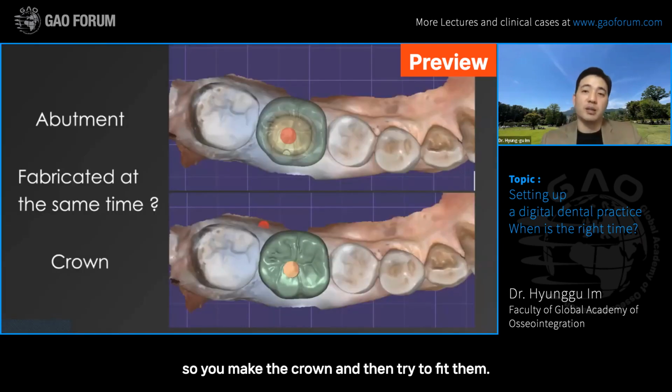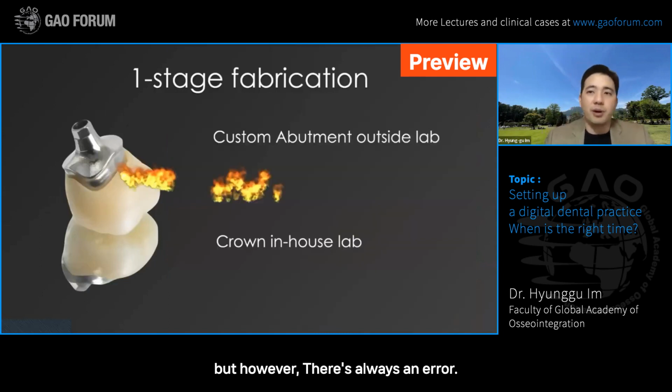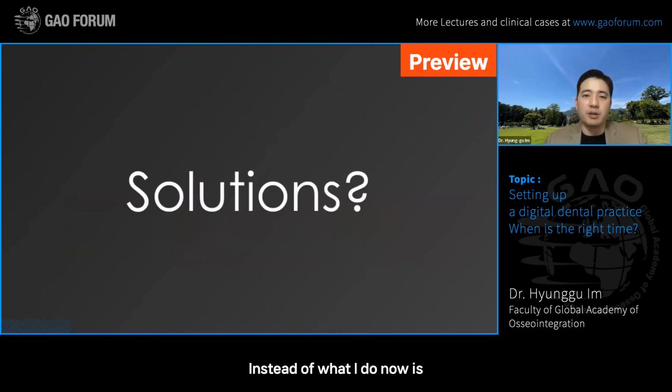So you make the crown and then try to fit it. I call it a first stage fabrication. However, there's always an error. Instead, what I do now is